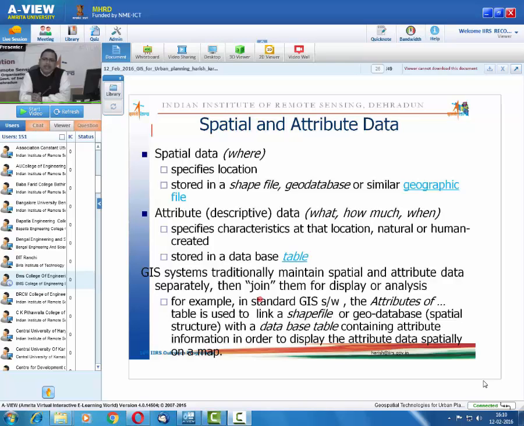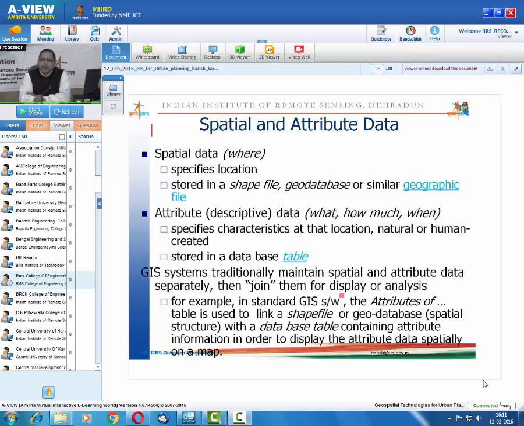Then the attributes you will be deriving based on your ground truth survey. So attributes most of the time are collected using a ground survey. Attributes in general will not be extracted using satellite remote sensing technology. It can tell you a feature is available as a building, but whether this building belongs to a school, or a shopping center, or a hospital, this information will come from the ground only. Either it is a hospital or a school, this information you cannot derive from the satellite image. So attributes play